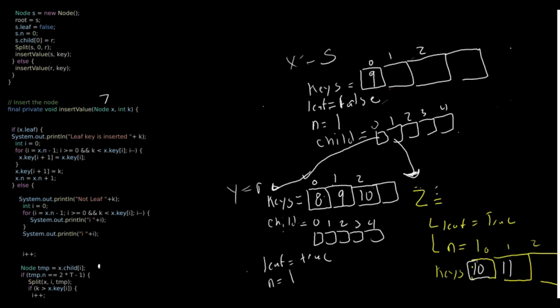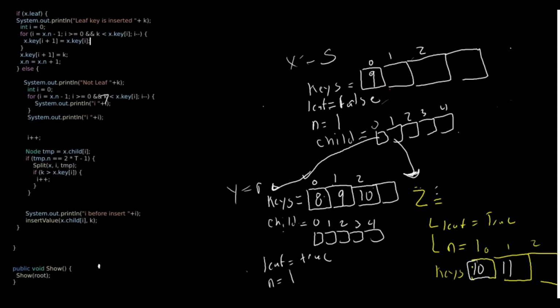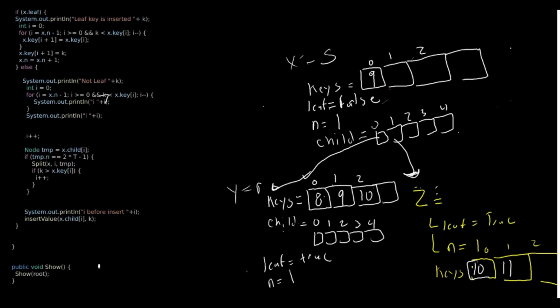Let's do this. All right. We have 7 right here. We insert 7. We realize that the first X, S, is not a leaf node. So then we go here. We go here, and then, all right,